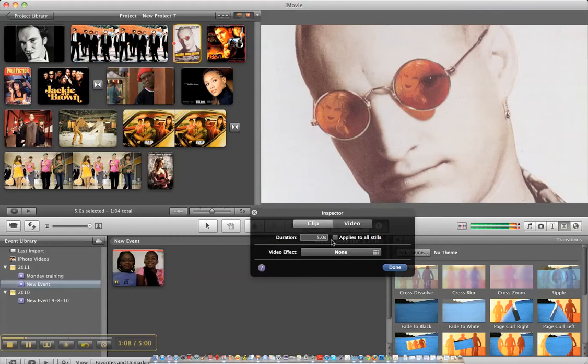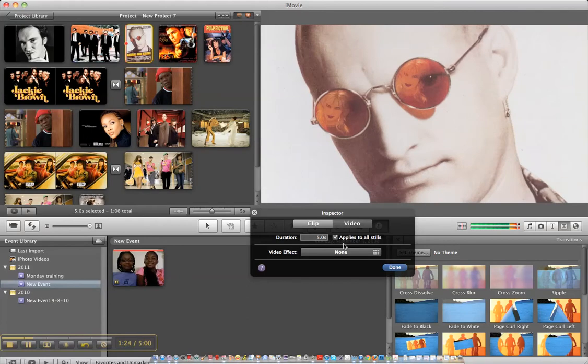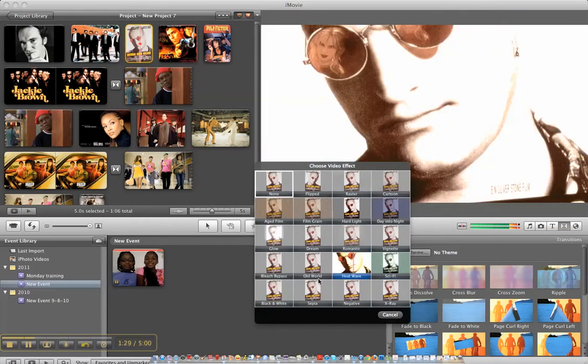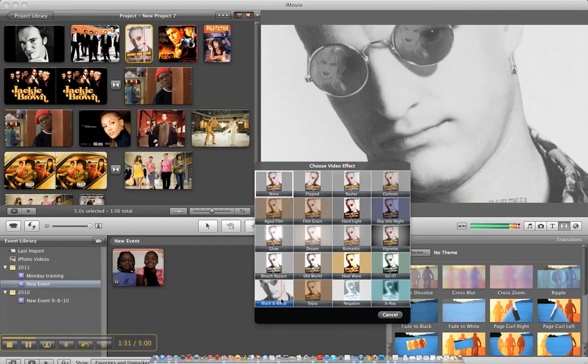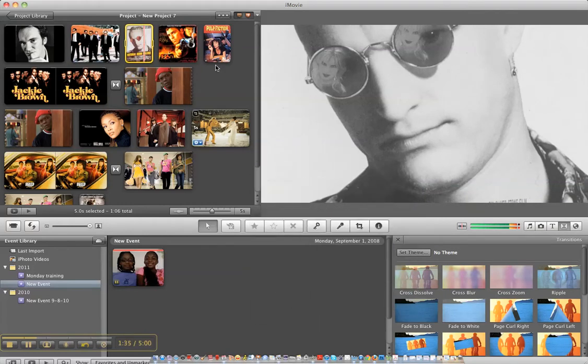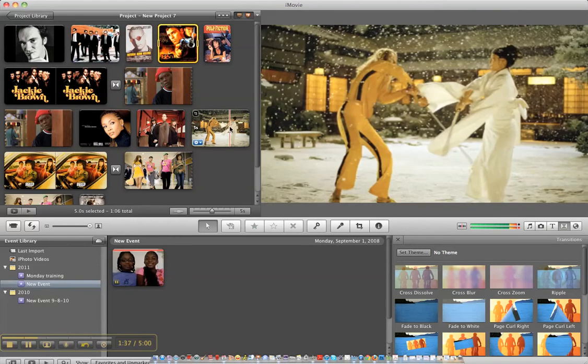And if I wanted to change my timing so that all of the images would play at about the same rate, I would change it from its default, which is 4 seconds, to 5 seconds or 5.2 or whatever my choice was. And I would click that box right next to it which says apply to all stills. Now that just goes for the timing, nothing else. And for this I'm going to choose black and white, as I mentioned before. And I'd go through with all of my images,